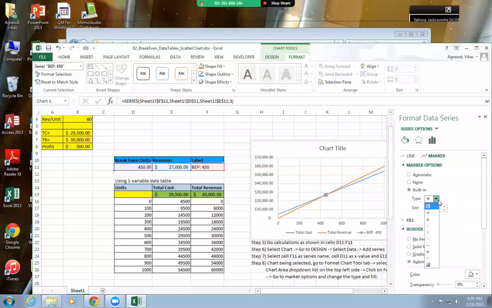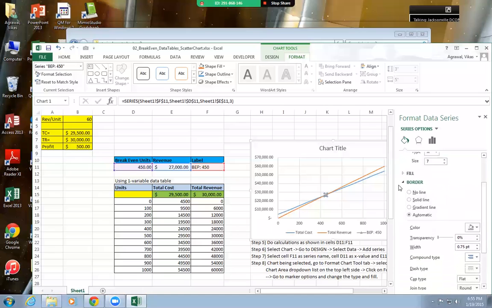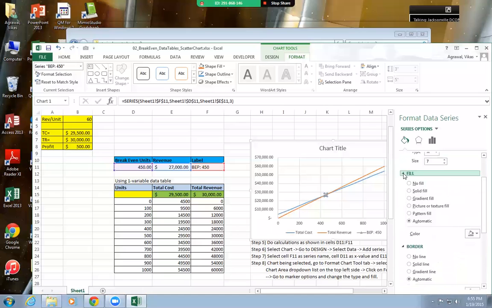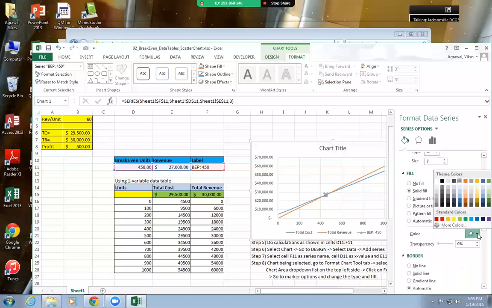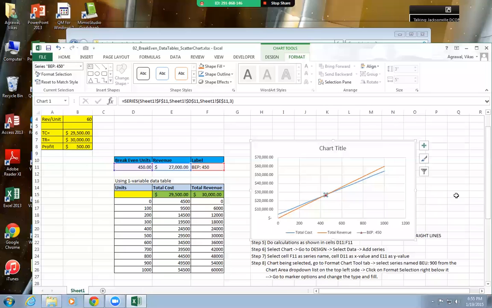You can choose anyone you want. Let's say this one. You can increase the size a little bit if you want. And then I will go to the fill here. I want to have the solid fill, and you can change the color if you want. And you are done. If I close this format data series dialog box here, I'm done.